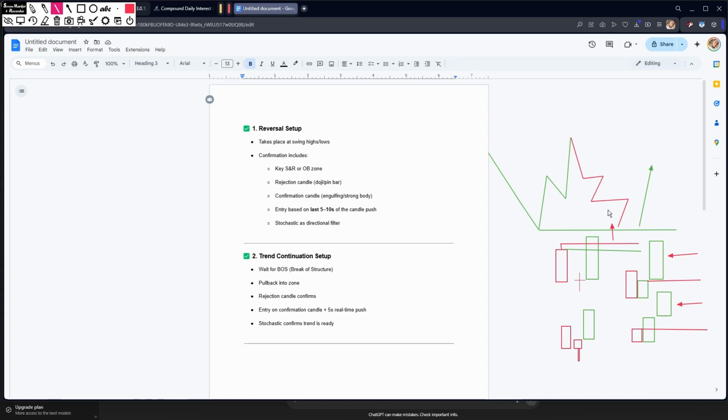I'll be taking some trades with this pattern, and this pattern can also work for trend continuation. As the price is going down, it's going down, and price went up, and we had our break of structure here. If I see a reversal pattern here at the break of structure, like this and something like this,